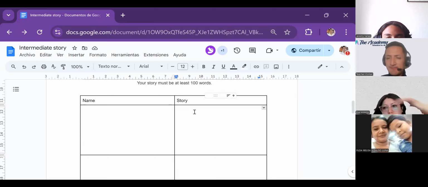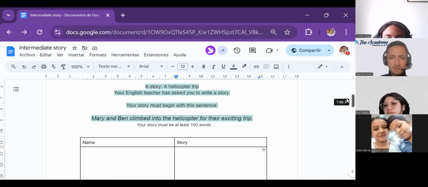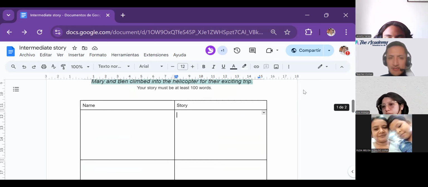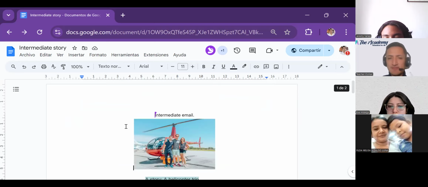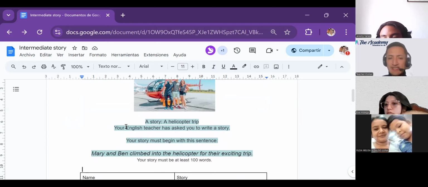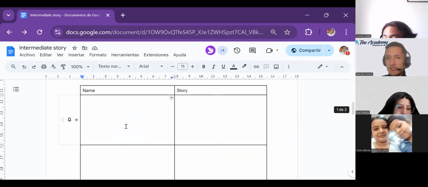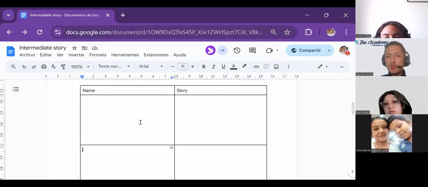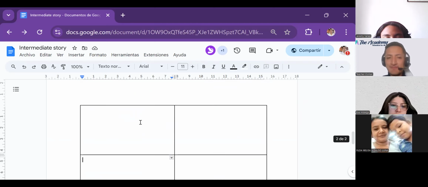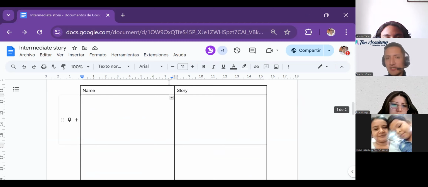Jeremy, Eve, Gilda, ¿estamos? We got it? Yes, so you can start, please. Remember, escriban sus nombres, write your names. Hay suficiente espacio, there is enough space for all of you. Yes, así que si ven que un compañero ya está escribiendo, if you see that a classmate is already writing, you choose another cell. Yep, so you can start.